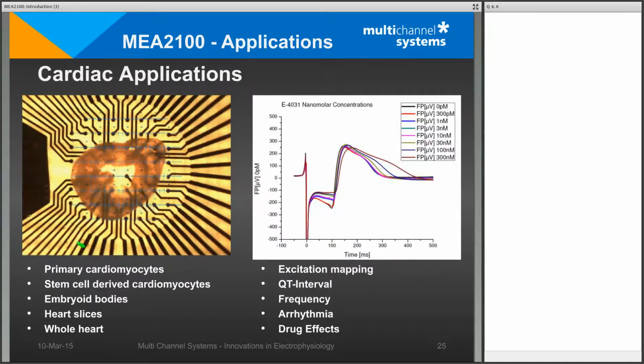For medium throughput, there is often the question about cardiac applications. Here are some applications named and displayed. To the left, you will see a heart slice placed on top of a microelectrode array, and to the right, you see the field potentials displayed over time for QT analysis with E4031 nanomolar concentrations. And what you can see very easily is that the QT interval is prolonged if you increase your nanomolar concentration